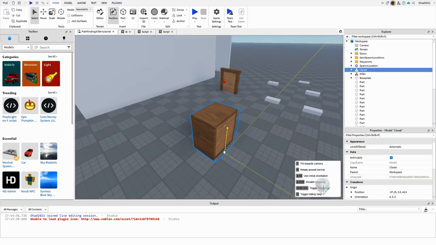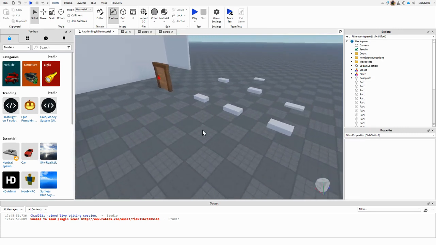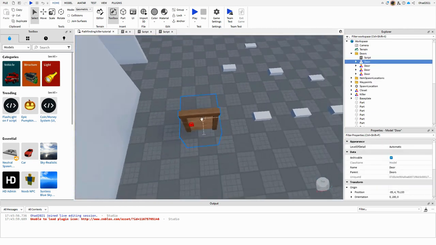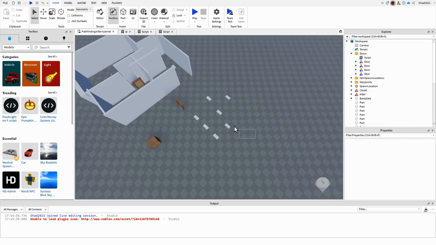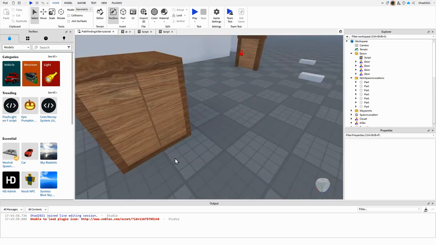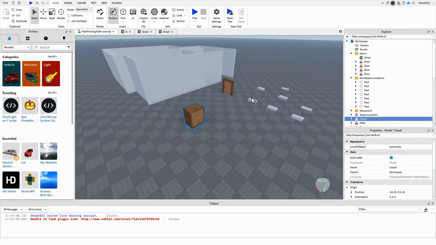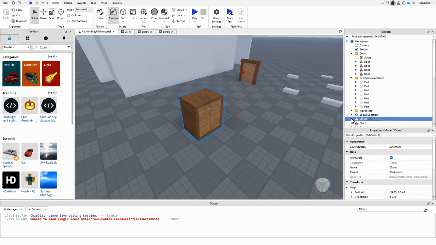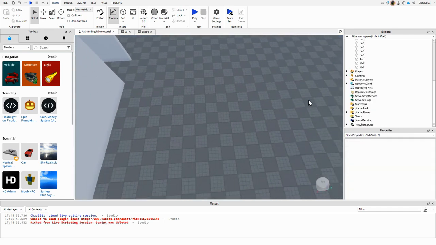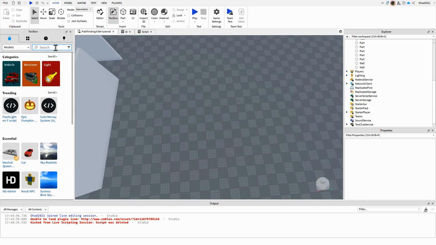I made the hiding spots and key spawns and all that stuff off video. They're in the link in the description, but I'll show you how to make them. Let me just reset the whole thing. Okay, so if you want to get some keys,